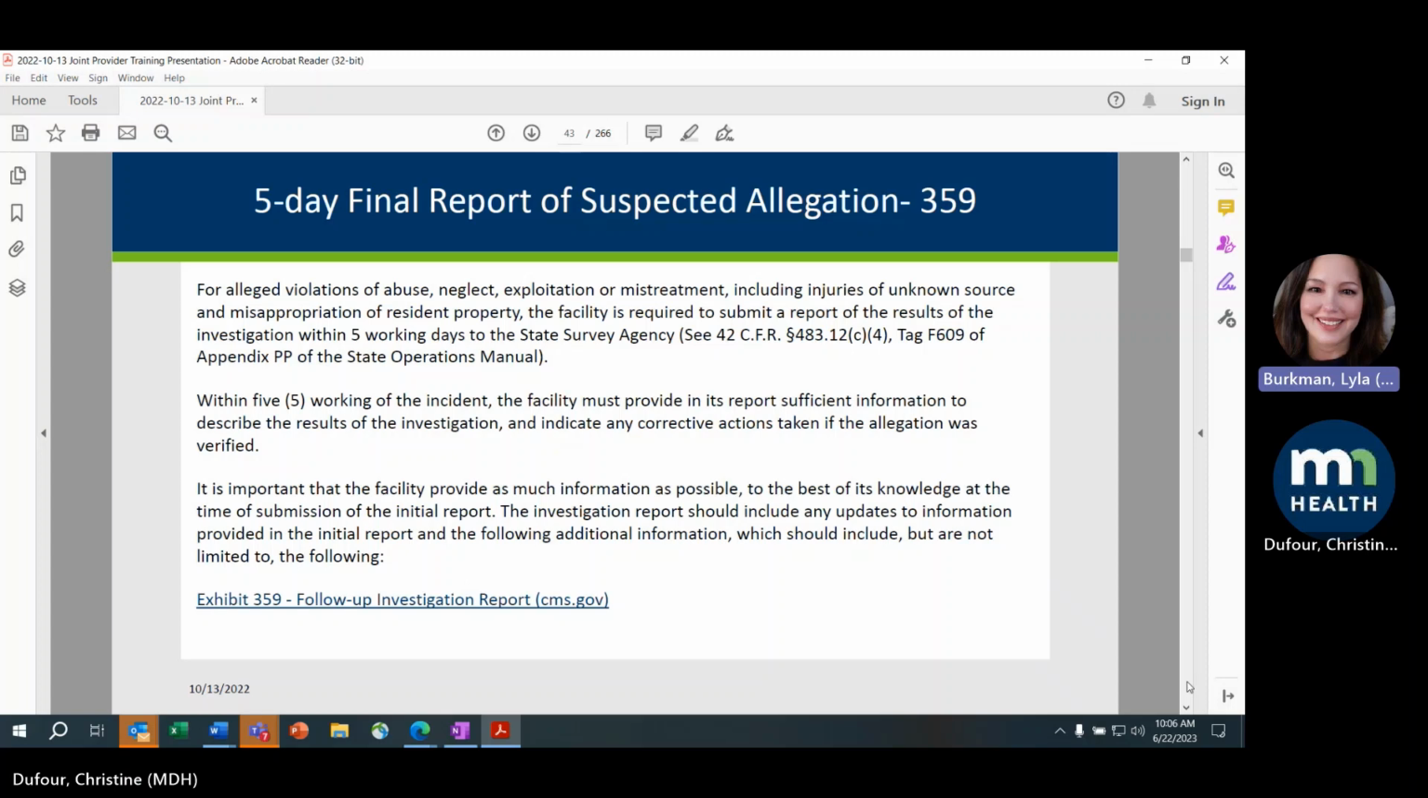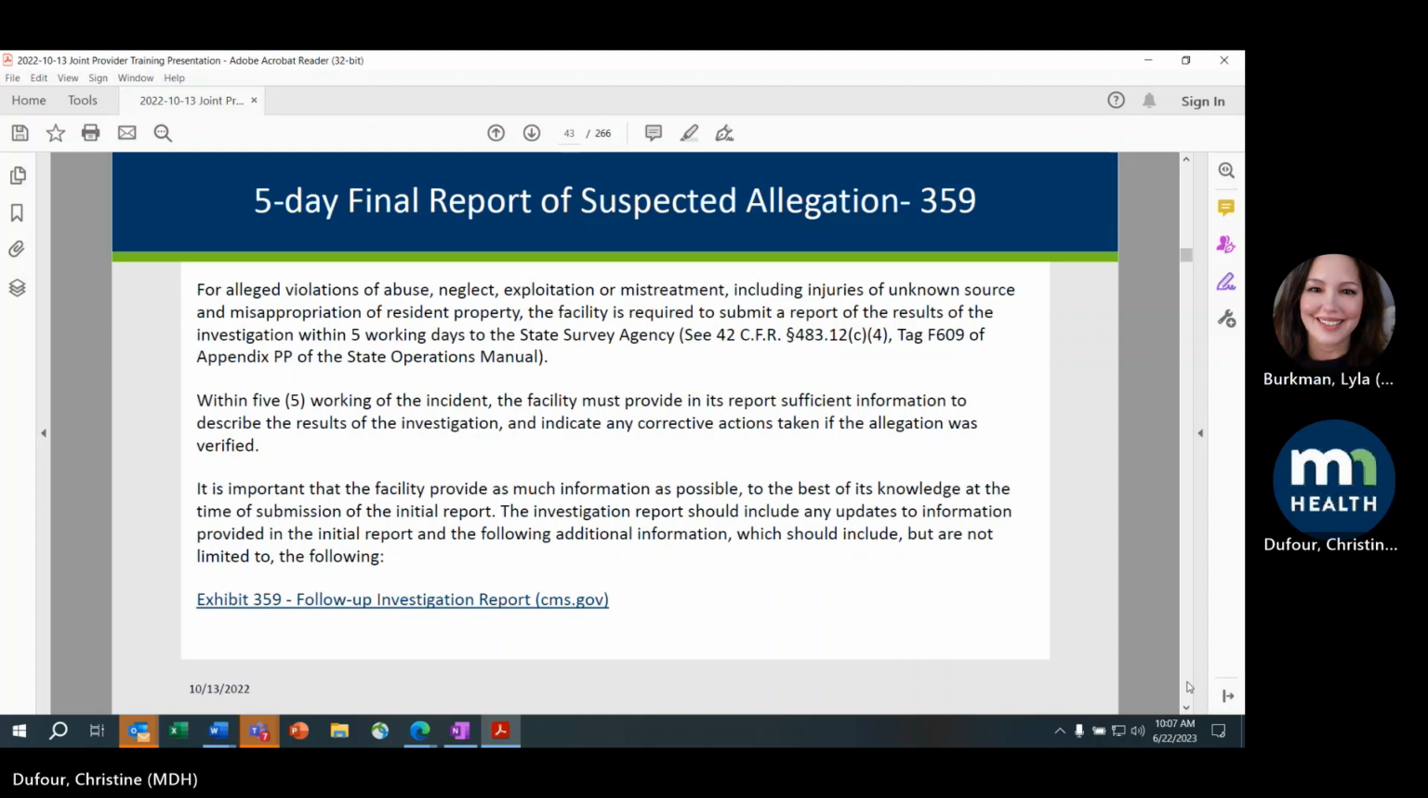Within 5 working days of the incident, the facility must provide in its report sufficient information to describe the results of the investigation and indicate any corrective actions taken if the allegation was verified. It is important that the facility provide as much information as possible to the best of its knowledge at the time of the submission of the initial report. The investigation report should include any updates to information provided in the initial report and any subsequent additional information obtained during the investigation, which should include, but is not limited to, the following: